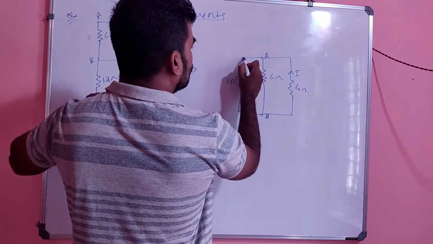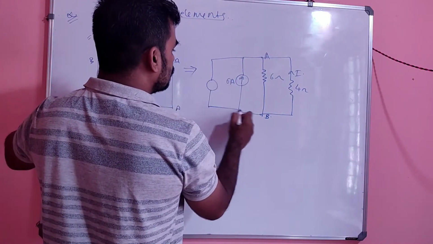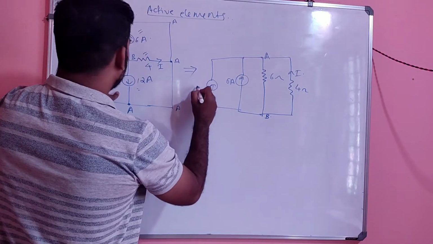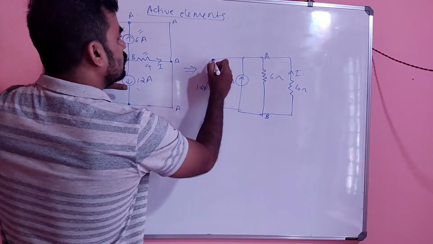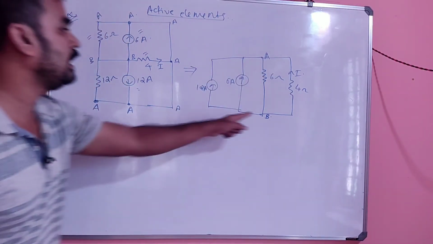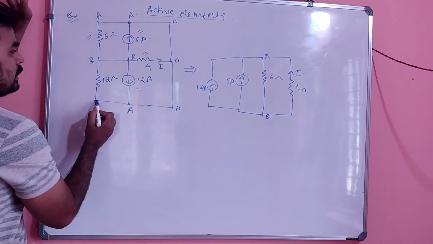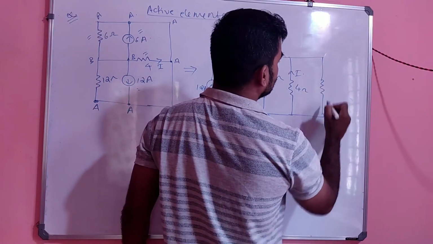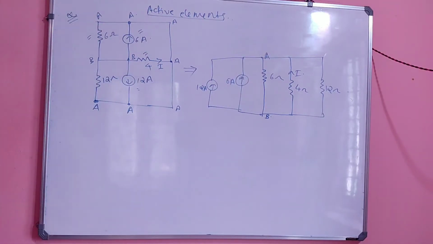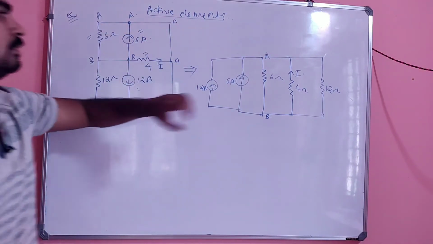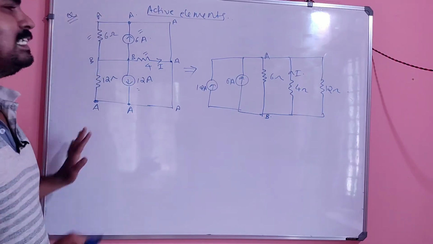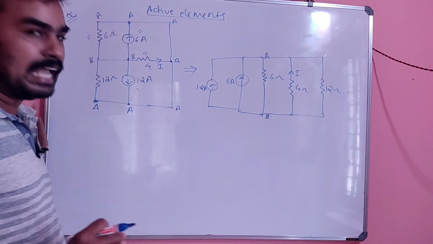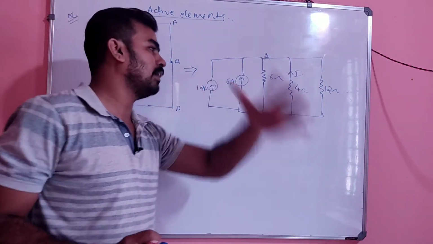So I can write it like this. From B to A there is a flow of current of 12 ampere, and this is clear. So from B to A there is a current source of 12 ampere, and again A to B there is a 12 ohm resistor. So this figure can be reduced to this figure, right? Without changing the parameters. We simply apply the trick that short circuited points will be the same, so that you can get exactly the same figure like this.